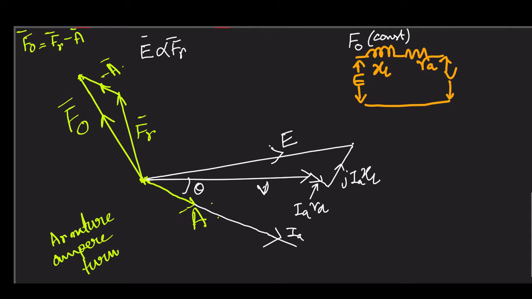Now if they are proportional, then obviously we can have another EMF E naught proportional to this F naught. This E naught we can find out from our open circuit test. E naught represents our open circuit induced EMF. So this E naught should be